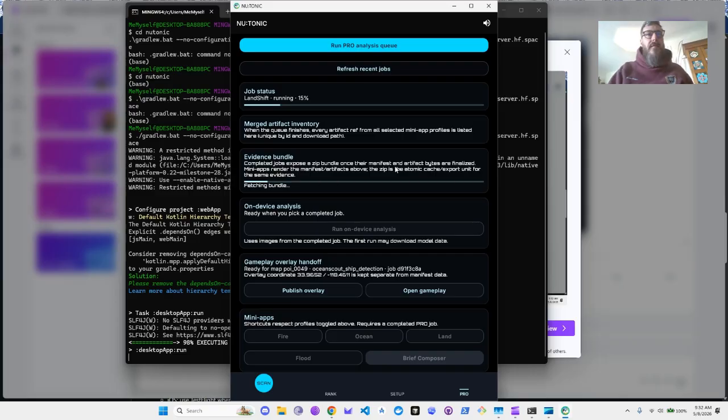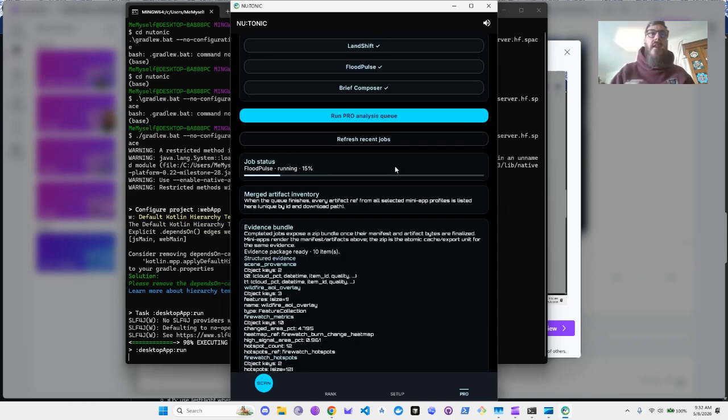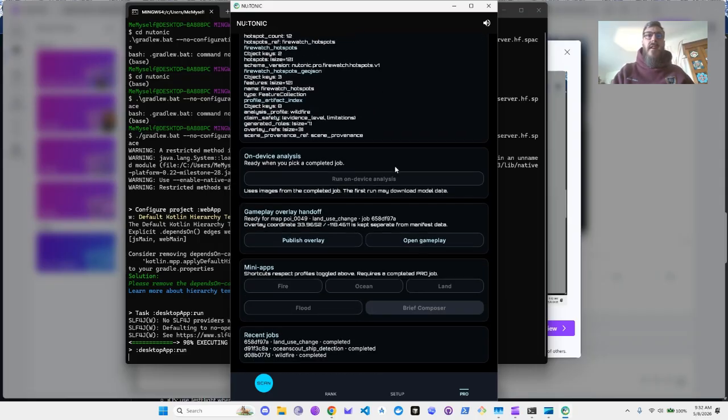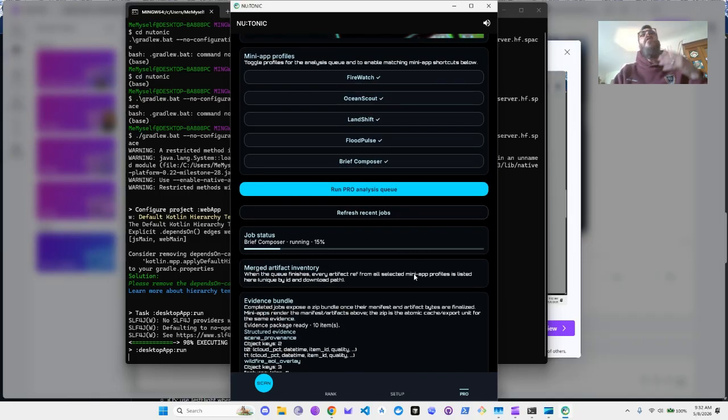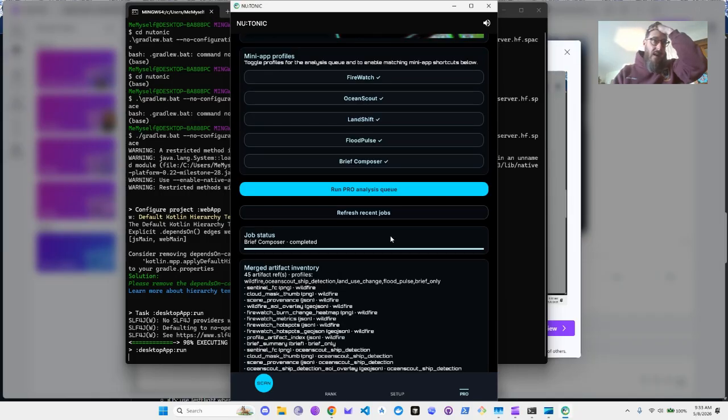We're running multiple runs of these heavy models. Heavy in a sense. There's different sizes for TIM and different sizes for LFMVL, but we're using the smallest possible size of LFMVL, 450M, and we're using the largest possible TIM model. So it's just running all the little mini apps. Actually, you can access all the mini apps from here, so definitely check it out yourself. And once we have all the evidence we need, when you test it, you don't have to test all the mini apps, but I wanted to.